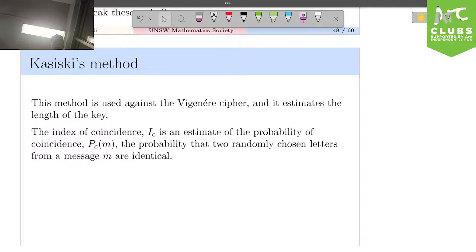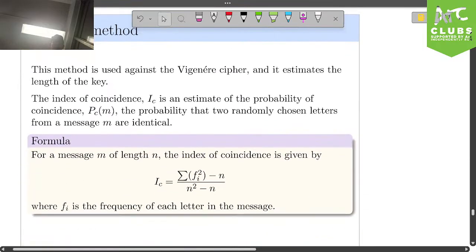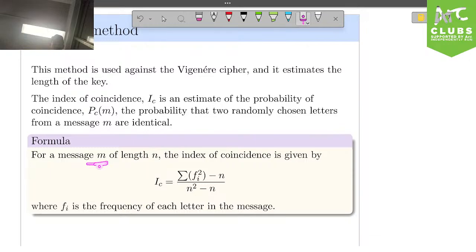For a really long message, the index of coincidence is going to start approximating the probability of coincidence for the general English language, spoken in everyday life, that 2 letters are the same. And this is really what we're going to use to help us break this code. We can estimate the index of coincidence like this. For a message M of length n, we look at the frequency of how often each letter shows up, square them, add them together, and divide by n times n minus 1. This is a combinatorial argument. I'm sure Thomas Fritz goes through this at some point. It's just combinatorics.